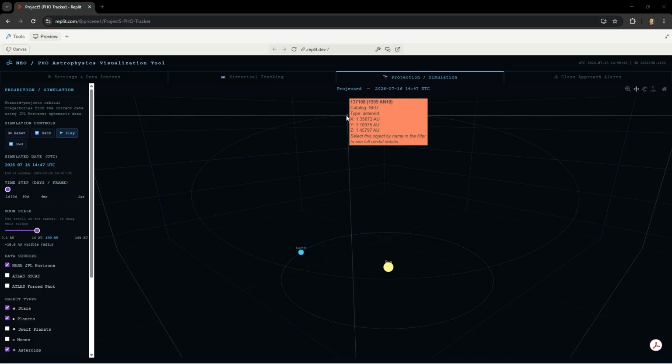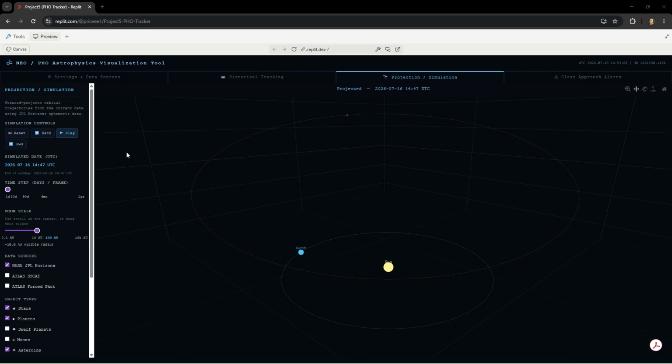It's not actually going to hit us. Scientists have already confirmed it's no threat of hitting Earth, but it's something high priority that we should be paying attention to. So let's go ahead and play the projection for that one, and we can pause it